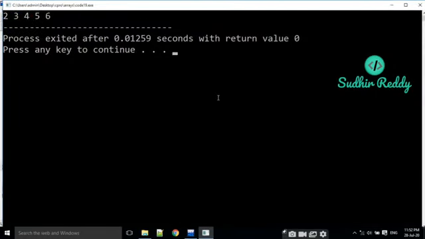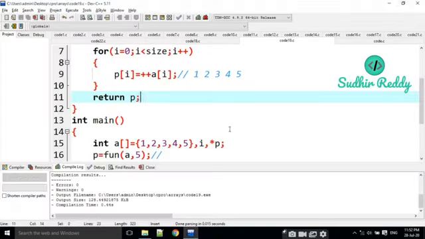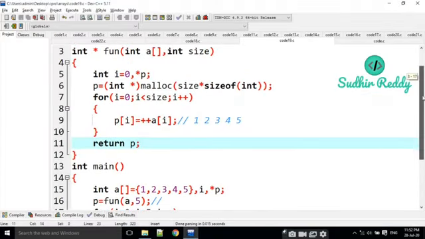The values are going to be modified with +1 for every value. In this way we can return arrays, multiple values. Returning the array means returning the address. Here I am returning the address, right?